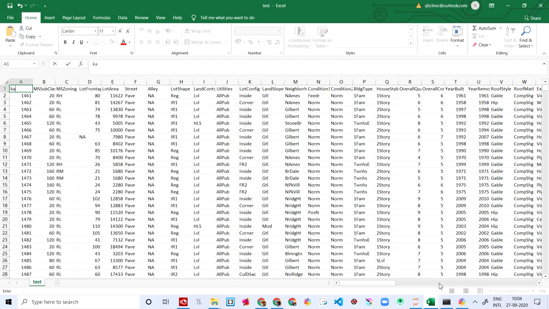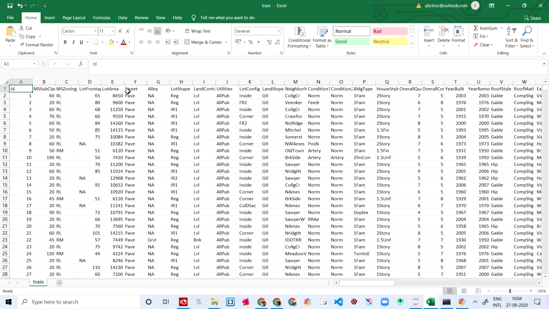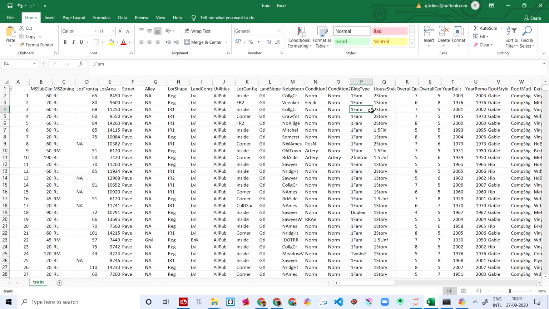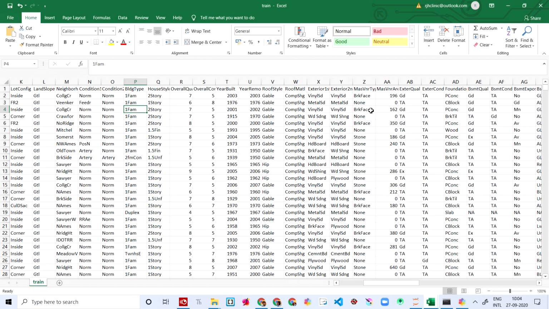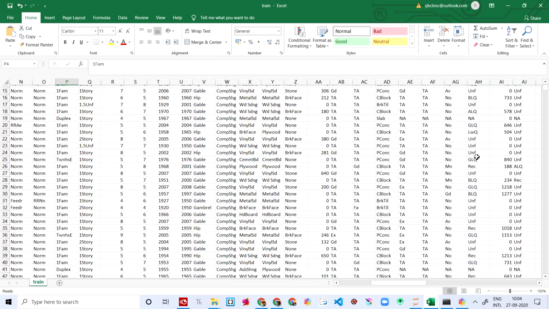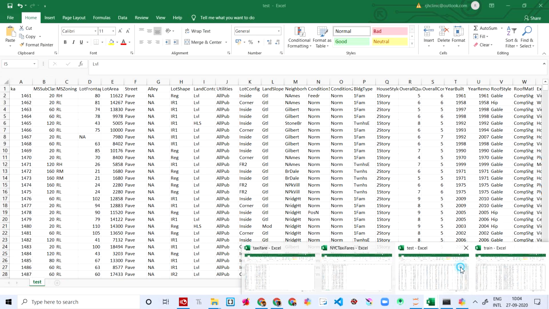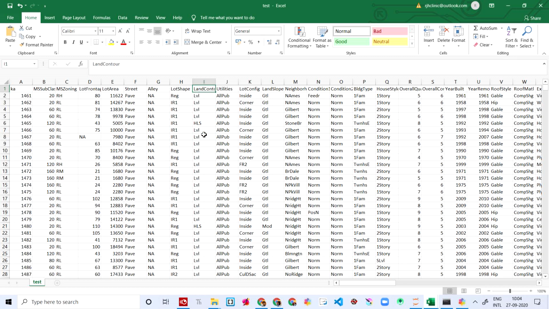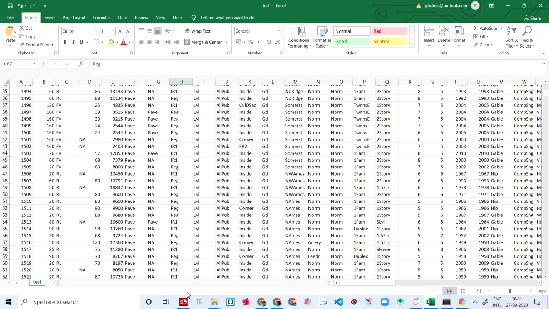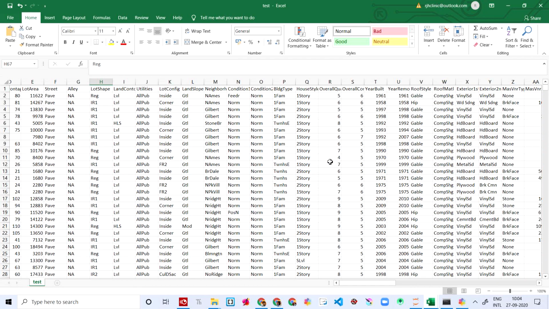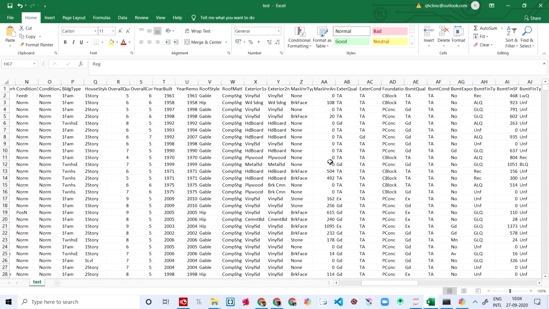Okay, so the test data looks like this, and the train data looks like this. We have a lot of null values here, you can see TA, TA, TA. Right now we are in the test, so let me go to the test data. You drop the Alley column because all its values are null, and you have dropped PoolQC and everything. Let me show you.